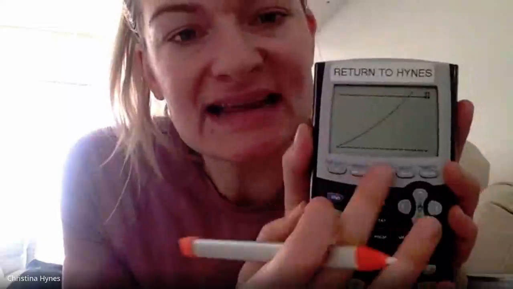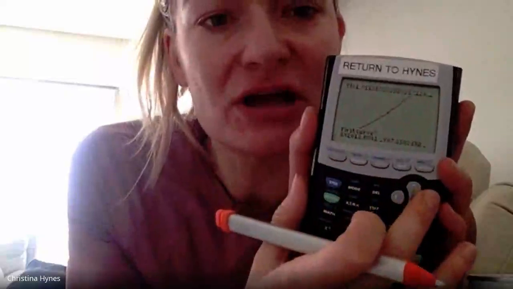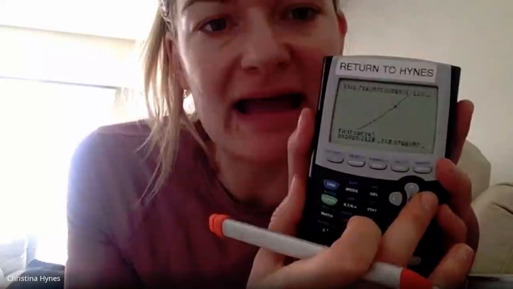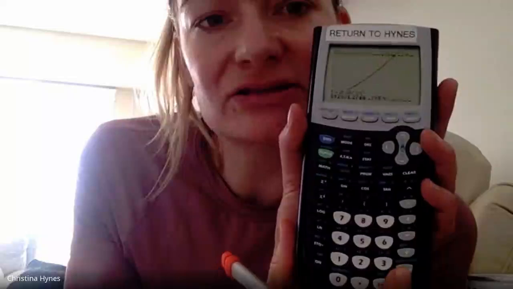There it is. Now you press second trace, number 5, and I just want to press enter 3 times. If there's only one intersection, you just have to press enter 3 times, or you can move as close as you can to it and then press enter 3 times. Enter, enter, enter. In this case, the x coordinate is my answer. So we're going to have the year